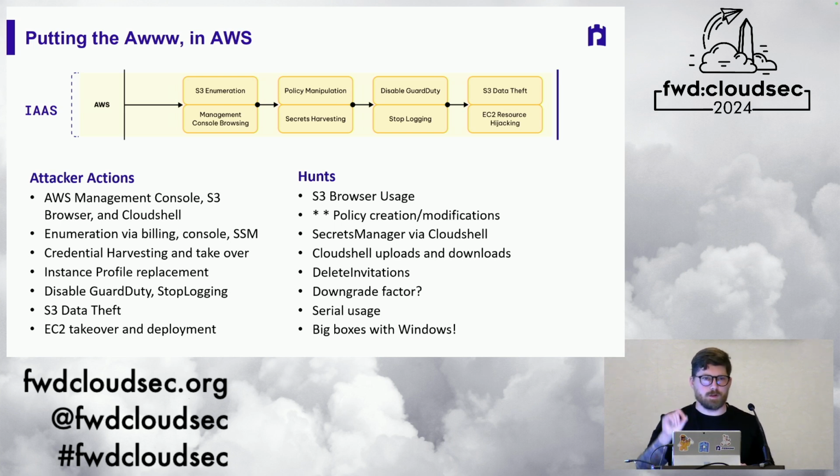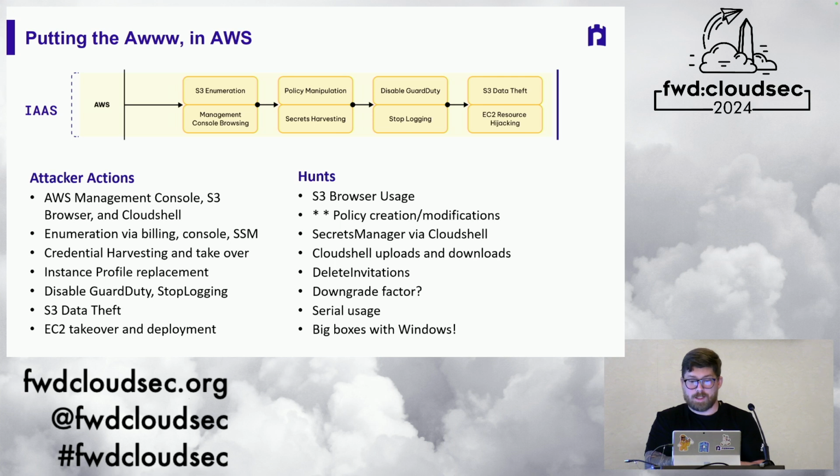Early on, they used to like to create new users, create new access keys. Don't do that anymore. Now they just do a get logon profile on everybody, and people who don't have a logon profile already, they just go add one. Give them a password. That's how you assign a password in AWS. So give it a password, and now you take over that account, or that identity, rather than having to spin up new ones that may cause some noise.